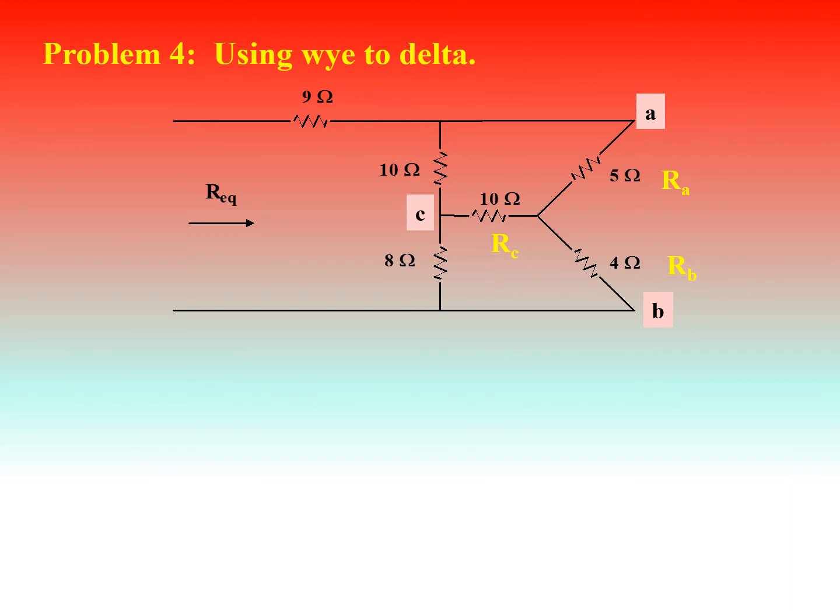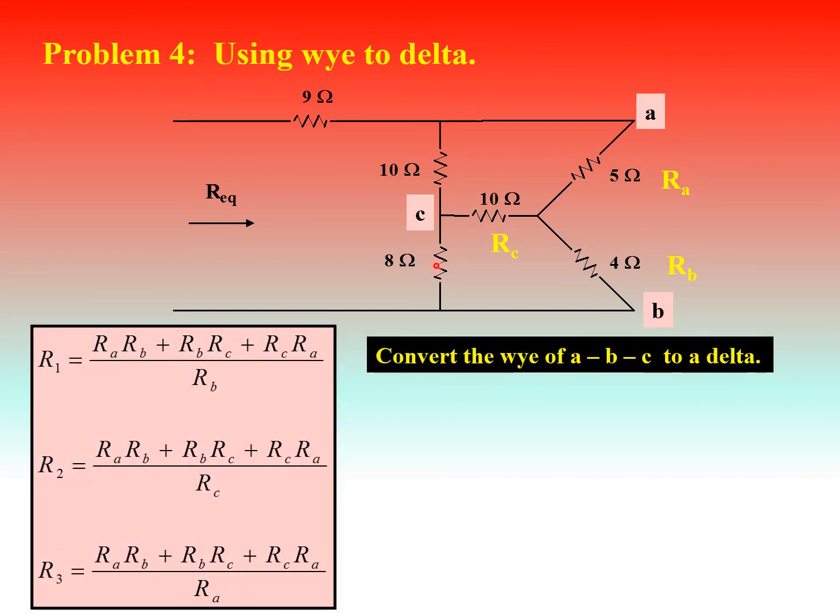Now in this problem let us see how to convert from star to delta. Suppose this kind of problem is given; again, it cannot be solved without using these conversions, because we don't know whether to treat these resistors as series or parallel, so we'll convert into delta form. To convert into delta form, these are the formulas.